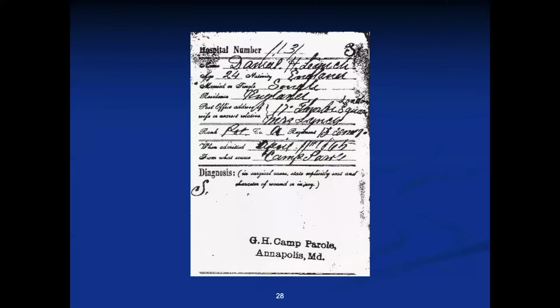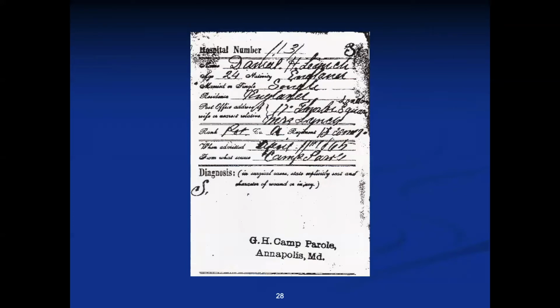You may also find medical records in the record. These definitely would exist in Confederate records. The carded medical records for Union are separate, but the carded medical records for Confederates are not. They're part of the compiled military service record. But here is Daniel Lynch from a Connecticut unit, and this is one of the few places where you can find next of kin information.